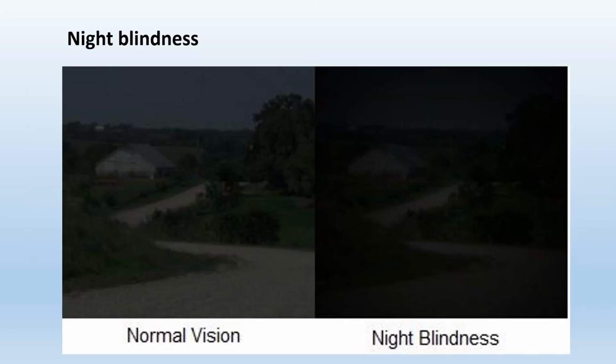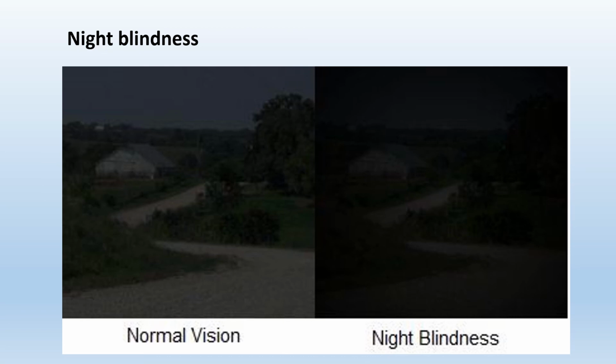As we are continuing with the disorders of the eye, night blindness is a deficiency disorder. It may occur due to the deficiency of vitamin A, which is involved in the production of rhodopsin, the pigment present in rods. Rods are sensitive to dim light, so deficiency of vitamin A leads to poor night vision or night blindness. And these two pictures give you a comparison of a scene in the dark or at night.